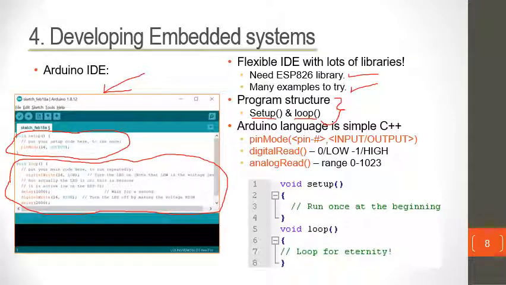So a simple Arduino program with nothing will look like this. So you'll have a setup function which runs once at the beginning, and a loop function which runs for eternity. Now, Arduino language is simply C++, and if you are aware of C++, as all of you are, you will see that